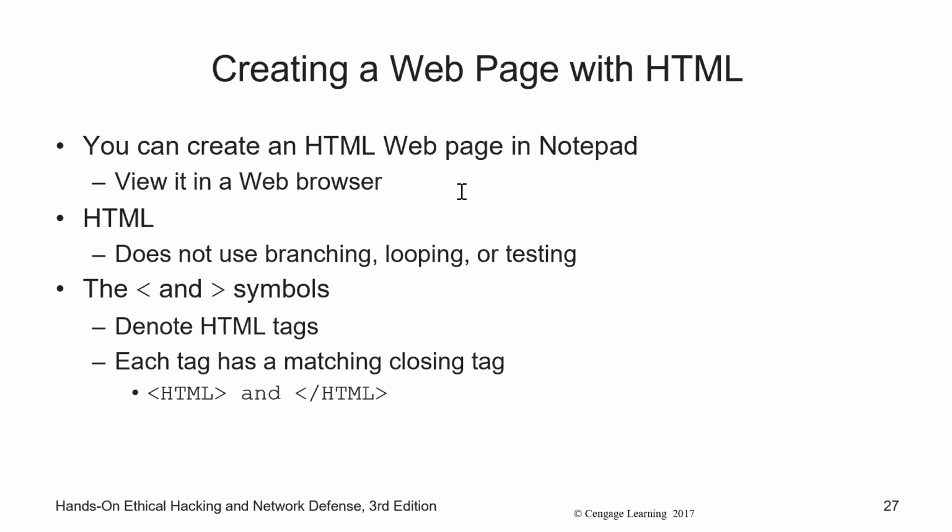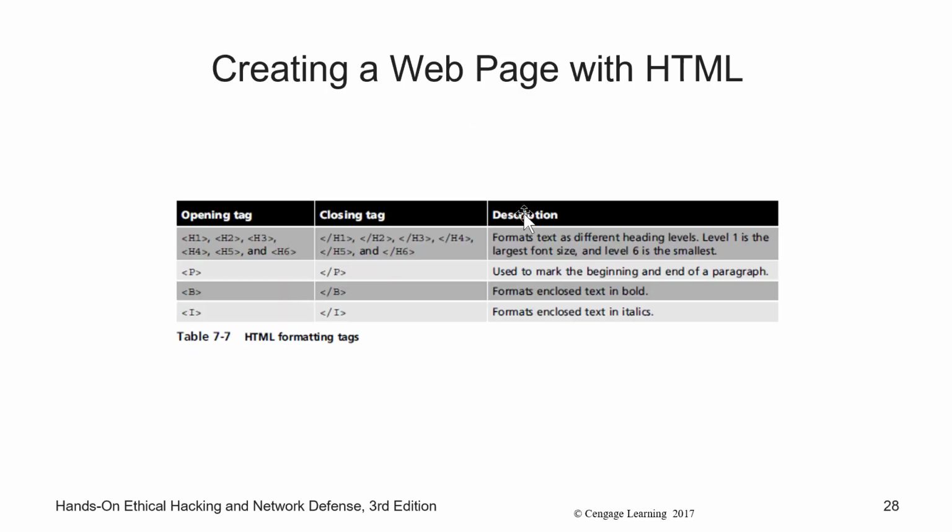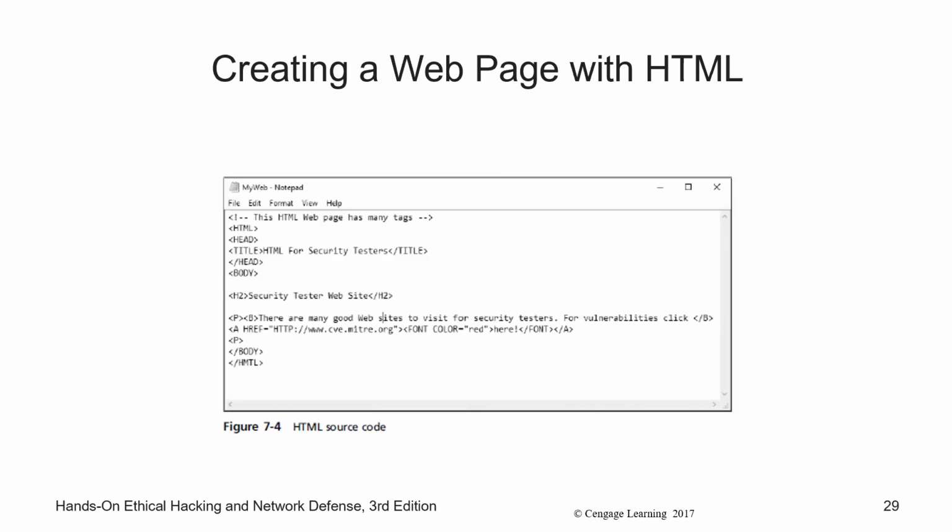So for instance, if you want to bold a word like sparkling water, you would put open, I guess that would be less than, B greater than, so that's a tag for bold, sparkling water, and then less than / B greater than, and that would be closing the bold tag, and that's how you would show that text in bold using HTML. Here are various opening and closing tags that do various things in HTML. So the H series of tags represent headers. P, paragraph. B, bold. I, italic.